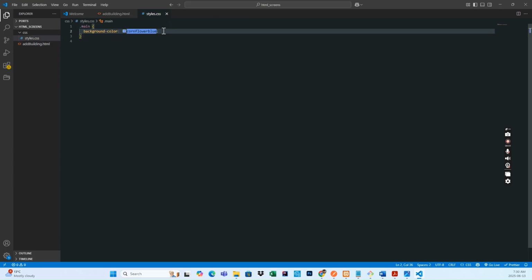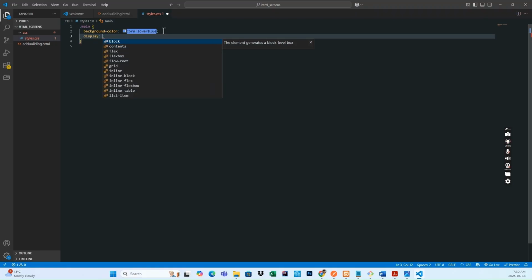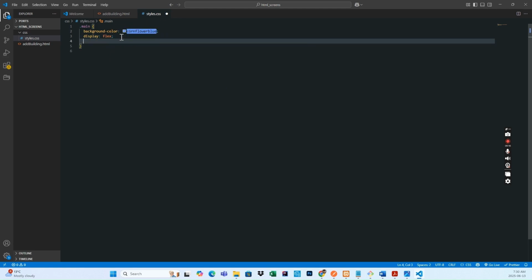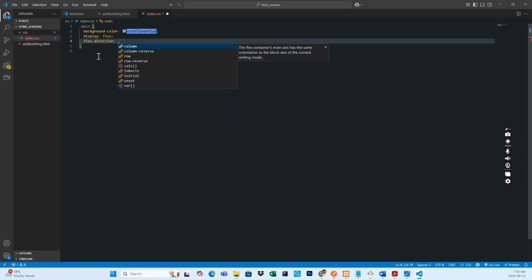So how can we make it span in the whole page? So I'm going to use display flex Flexbox CSS technology. So for that, I'm using display colon flex, and I'm using the flex-direction to column